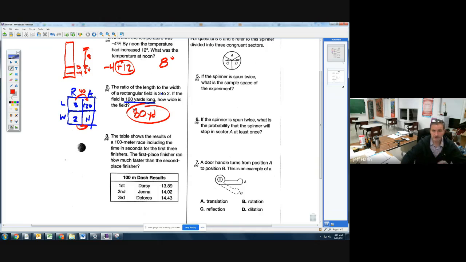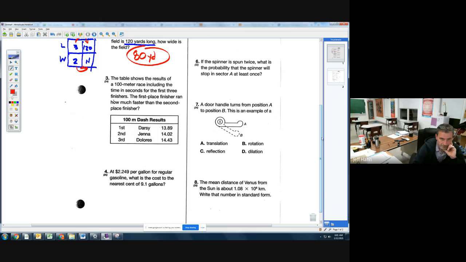Boy, we are making some serious progress here. Number 3, the table shows the results of a 100-meter race. The first place finisher ran how much faster than the second place finisher? Anytime you're asked to compare, ladies and gentlemen, how much faster, that means you want to know the difference. And when we do difference, we subtract the smaller one from the bigger one. The first place finisher finished how much faster than the second place finisher? So you need to do